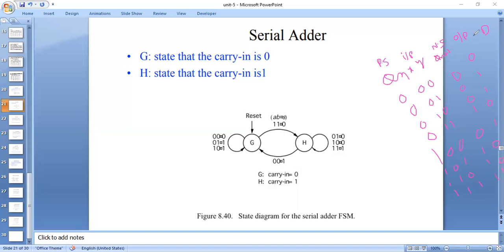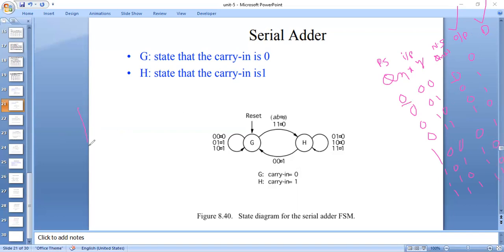Okay, and here the D value from the excitation table of the D flip flop, you have to write the D value. So look at the excitation table, and depending on present state and next state, you have to write the D value. And after that, you have to write the expressions. So what are the expressions you have to write? You have to write the expression for output and the expression for D flip flop.